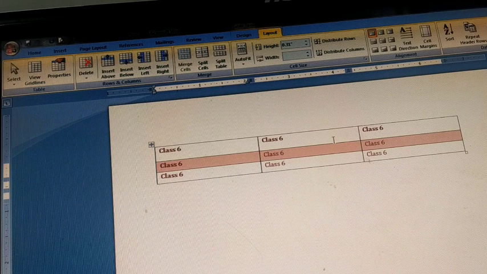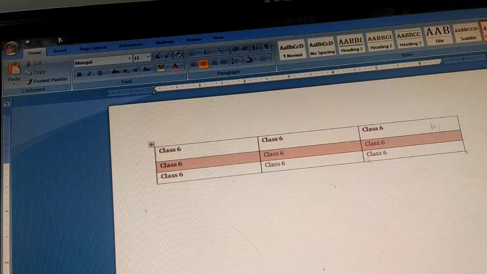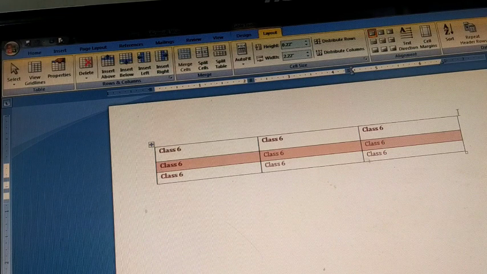Same way, when we are aligning a table, we position the table in three different ways, either towards the left, towards the right, or towards the center of the page. So we can even align a table or we can align the text also.